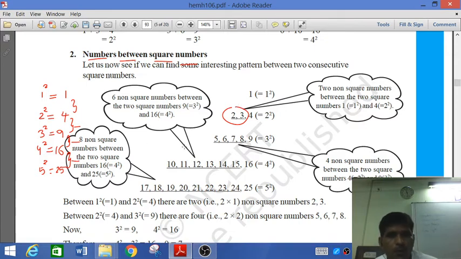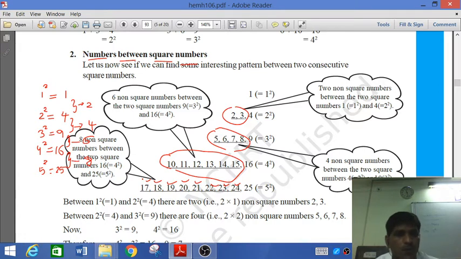Now if you see between 2 and 3, how many numbers are there? 4 numbers are there. So here between it 2 numbers, here between it 4 numbers. Now here if you see properly, how many numbers are there? 6. And here 1, 2, 3, 4, 5, 6, 7 and 8. 8 numbers are there. So if you see properly, what is the technique